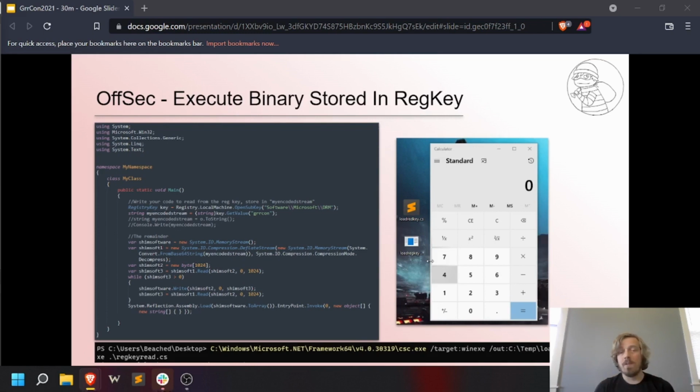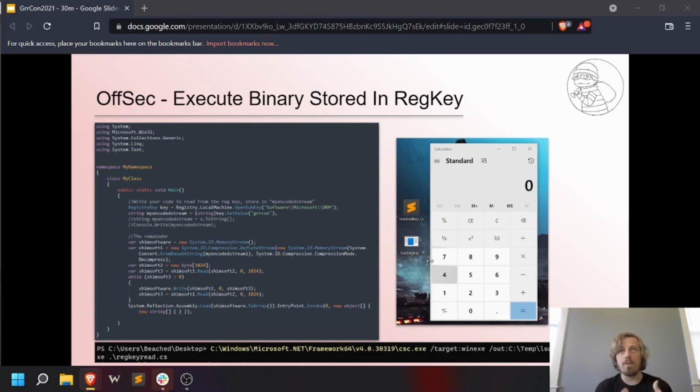Next, we have to have some way to pull that string out, decode, decompress, and load into memory and execute. So here we create some code, compile this up, test it out. Once again, this code is kind of small, so it will be available on GitHub after the talk if you want to take a look at it.